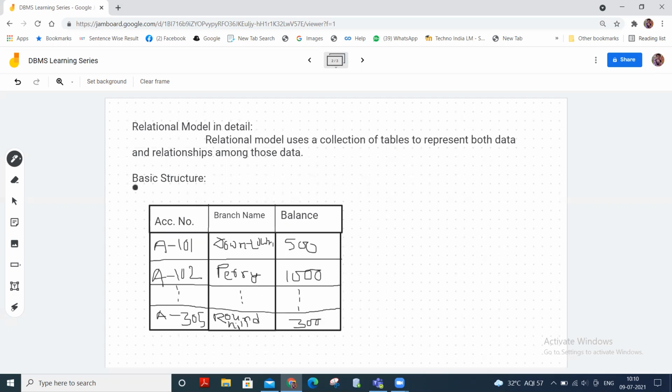Now, the basic structure of the relational model is like this. A relational database consists of a collection of tables, each of which is assigned a unique name.